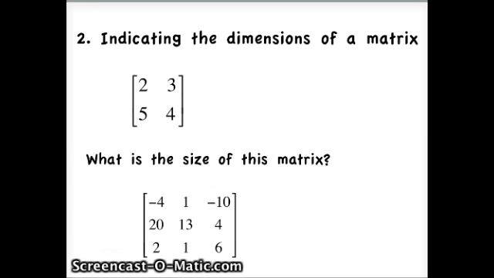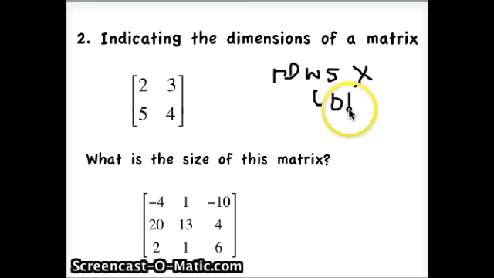The dimensions of a matrix are indicated by the number of rows by, this X means by, the number of columns. Okay, so if we look at this first one,